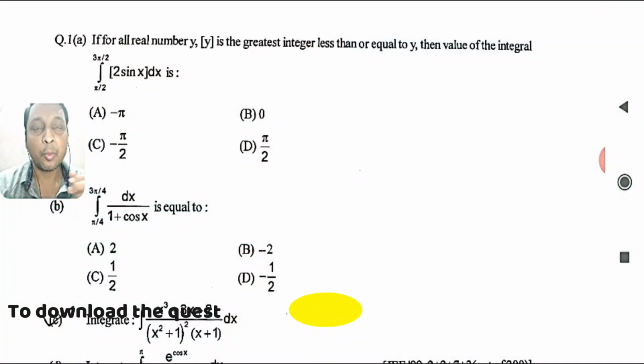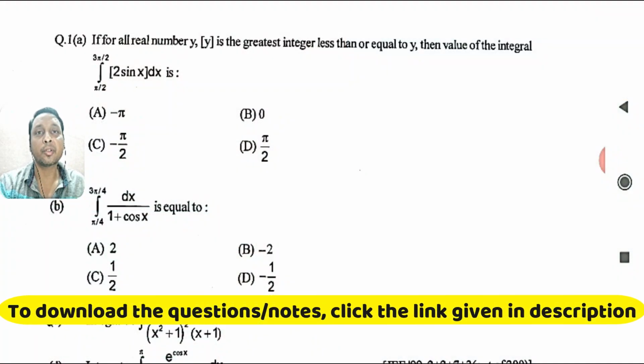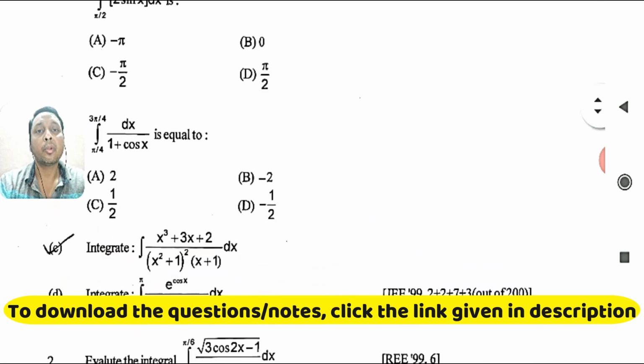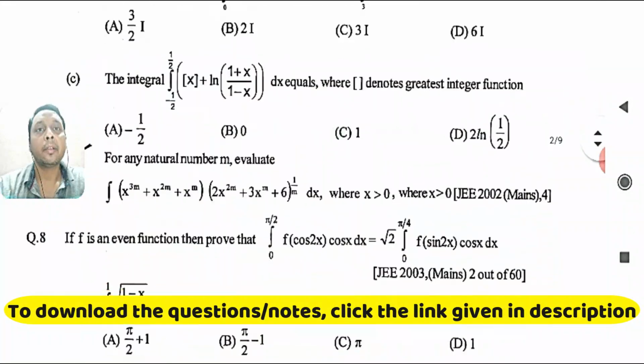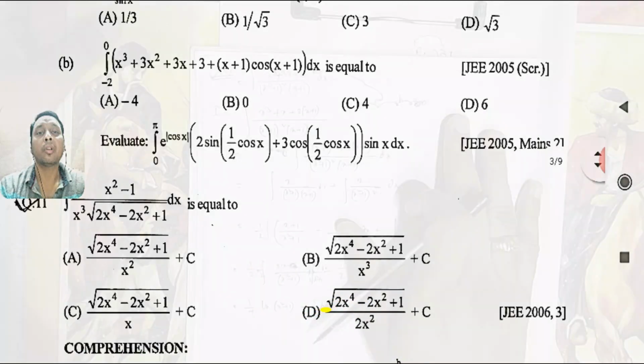Okay students, welcome you all to this new lecture in advanced level where you are solving previous year IIT JEE questions on indefinite integral. So here the question is mixed definite and indefinite integral. I will take first that indefinite integral portion. In this lecture we will be solving question number 1C, 5, 7D and then 11. Okay, then let's try to solve these questions.